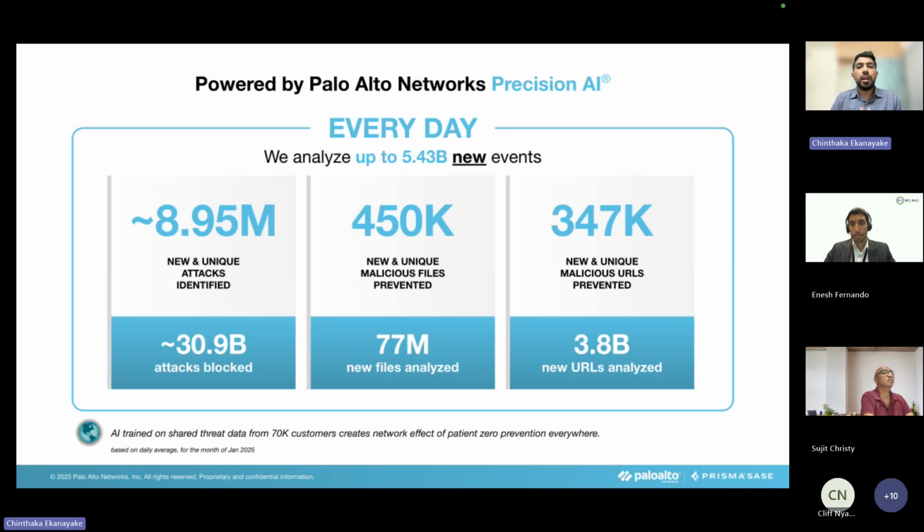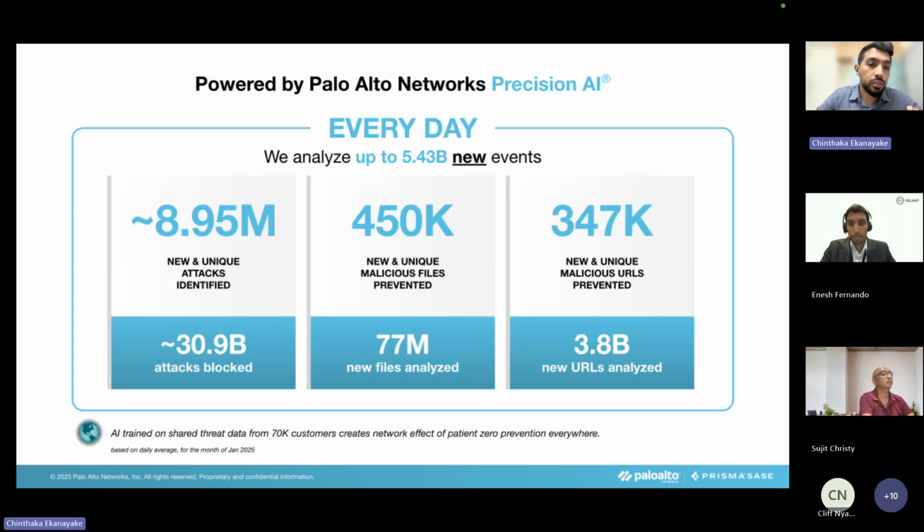Now, coming back to being a secure browser, one of the most important factors is what engines actually power these security controls, and how effectively they can deliver them. This is a unique differentiator that Palo Alto Networks brings in. As Palo Alto Networks, we have 70,000-plus customers from whom we collect high fidelity events. Daily we analyze up to 5.43 billion new events.